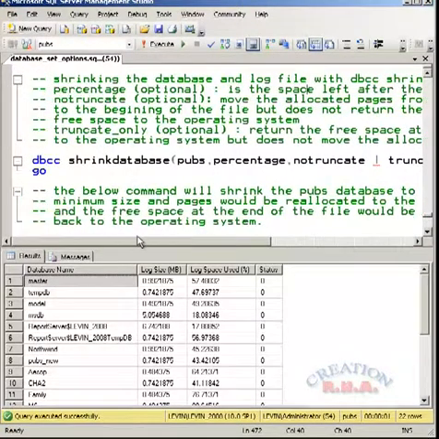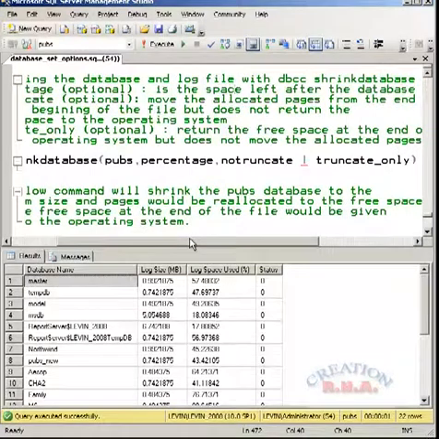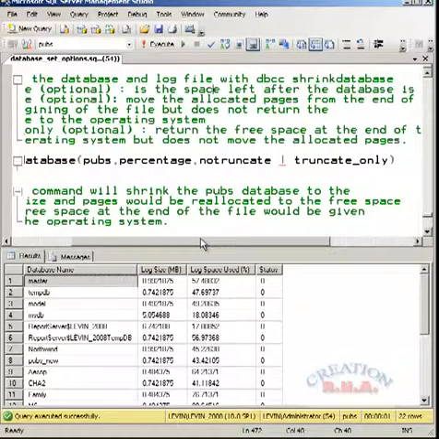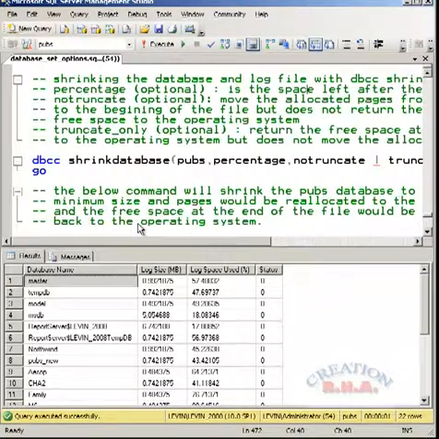That means the file size remains the same. And if you specify TRUNCATEONLY, it will free the space at the end of the file, but it does not move the allocated pages to the front. Whatever free space is at the end of the file, it will return to the operating system, but it will not move the allocated pages from the back to the front. That is that option.